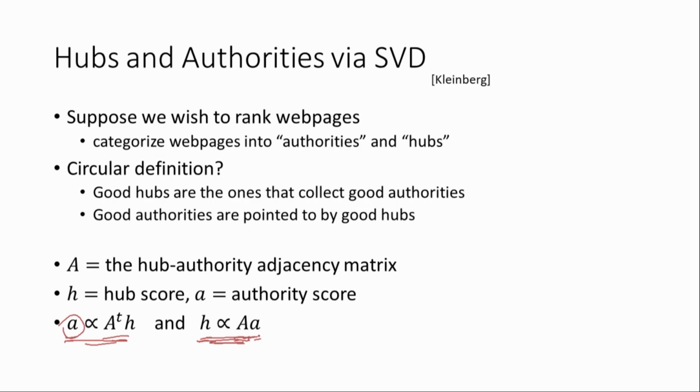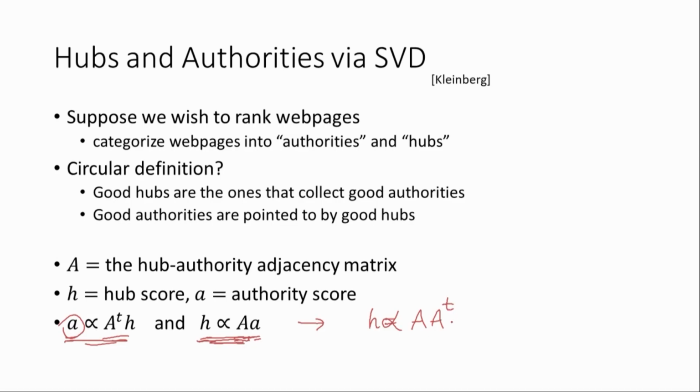So now, based on what we have seen, how would you calculate the vector A and the vector H? Any clue of how to calculate the vector A and the vector H? Because I'm talking about it right after SVD, SVD has to play in this somehow. This is what you're saying. And so this starts looking like H is the